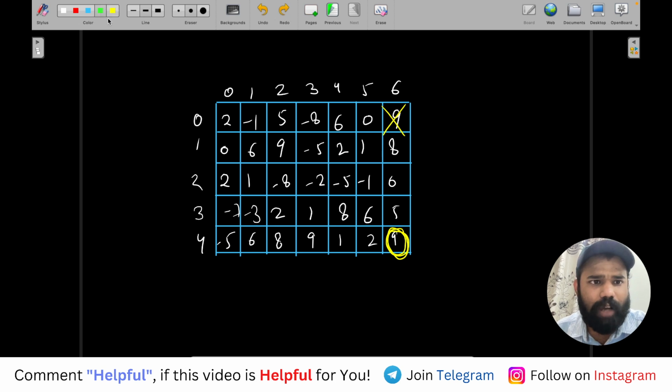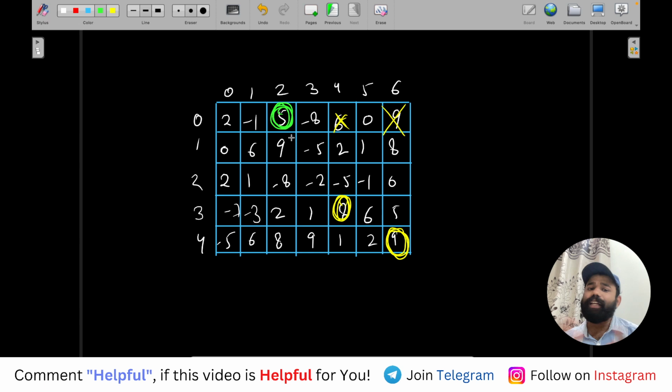You will say, okay, now I will take the second maximum. Maybe this was also not fine. Maybe you have opted for this, because of this you cannot take this also. But the third maximum you will definitely take, because you need to take just 3 numbers now. So this third you will definitely take. So basically, you have to choose from the top 3 elements of every row, and for at most 3 rows